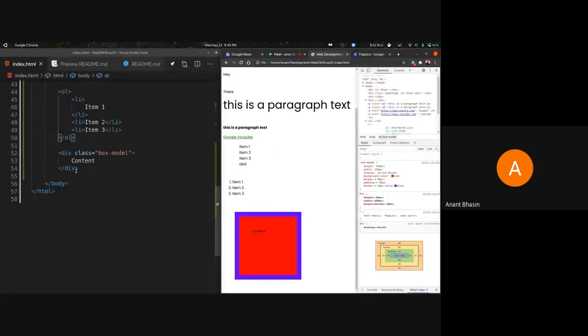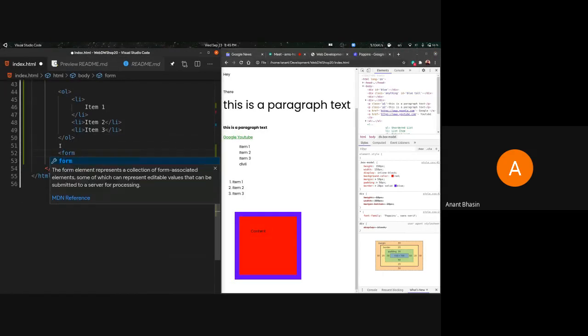Just to quickly implement the form tags over here. Now the form tag itself does not take any space. So this is what we call like the link tags and stuff. What do we exactly call this, Ishit, do you remember? It more like gives some information to the browser. It is display block, but it does not display anything by itself. It's more like a div, but it serves more functionality. So I'll just create a form for now.